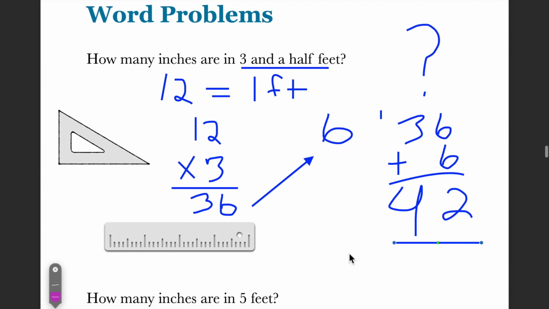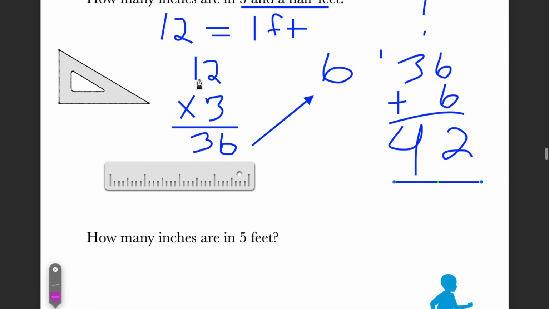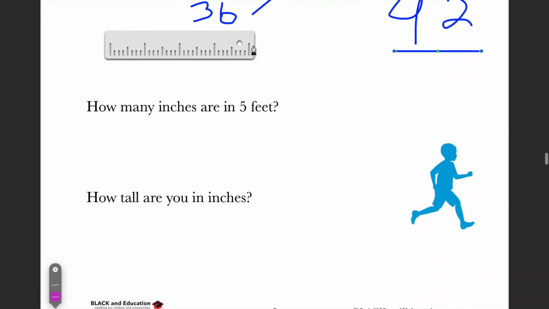Now let's say you get another question right here, and we say, how many inches are in 5 feet? Well, this is kind of simple. It's kind of the same thing. I know 12 inches is 1 foot. How many inches are in 5 feet? So I'm going to simply take 5